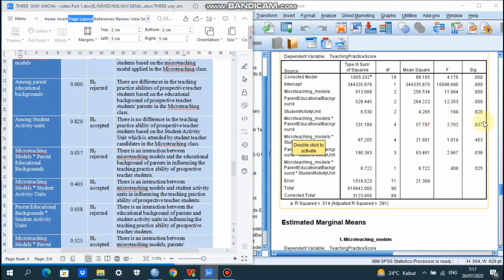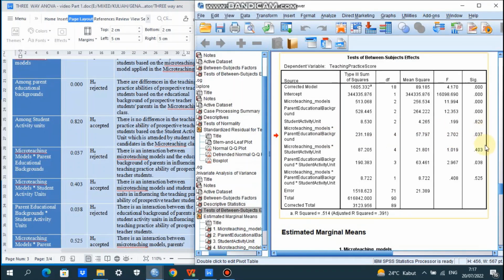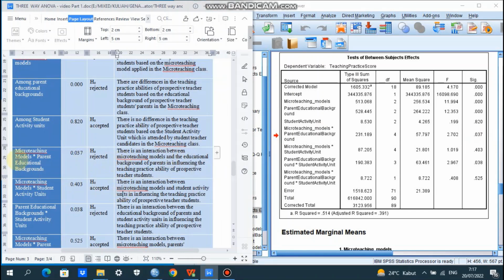The significance is 0.037, less than 0.05, so we can conclude that there is interaction between micro teaching models and parent educational backgrounds in influencing the teaching practice ability of prospective teacher students.